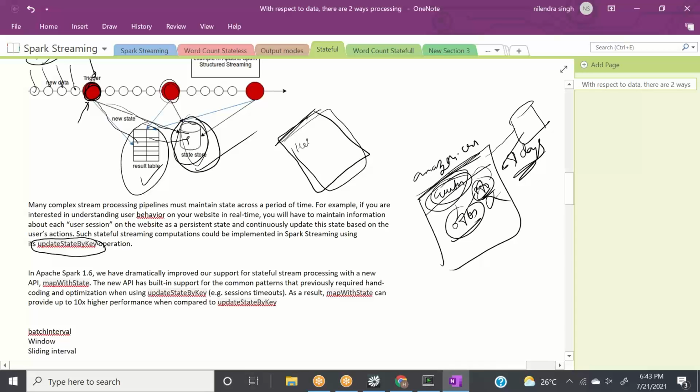Let's say we have one key, hello, and it occurred one time in the previous batch, so it will have hello comma 1. If hello comes again with 1, it will look up the key from the state, add 1 plus 1, and produce one more result, hello comma 2. Okay, let's see how it works in practice.